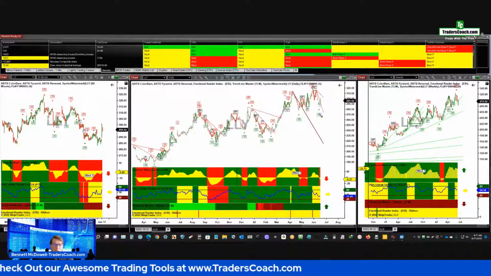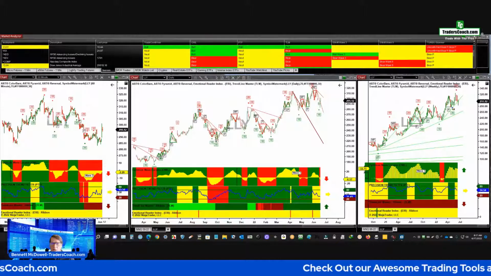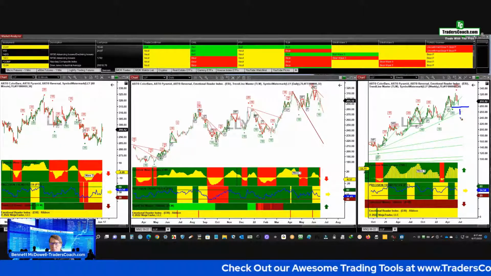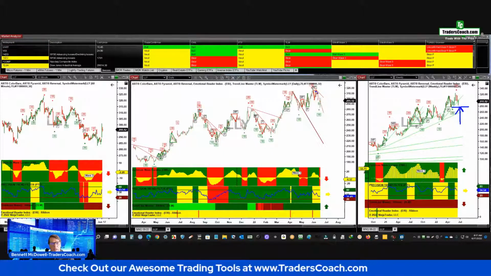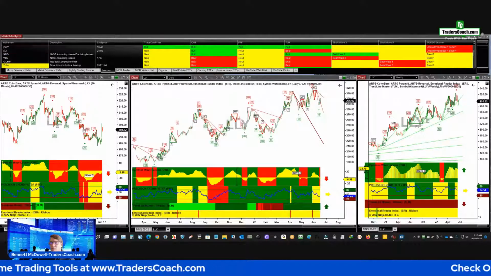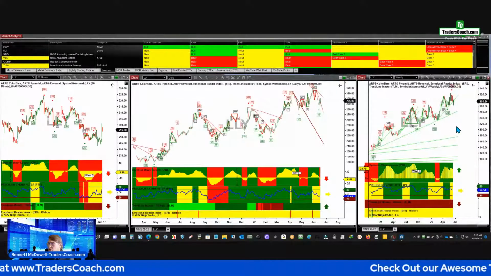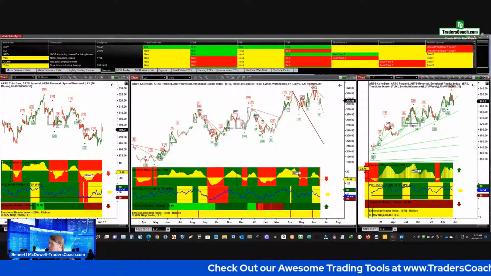In this case, I probably would not take any more long positions, and I would probably put my stop right at the bottom of this pyramid here on the weekly chart, just in case it breaks back to the upside one more time before it does go into a correction. So that's kind of how I would look at that. Hopefully that was a good analogy for you to understand that.